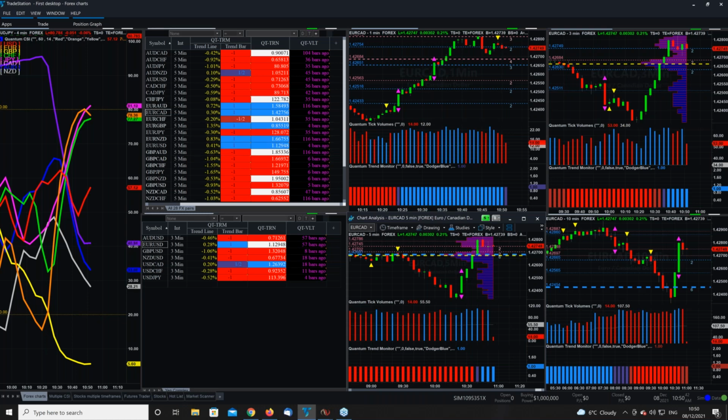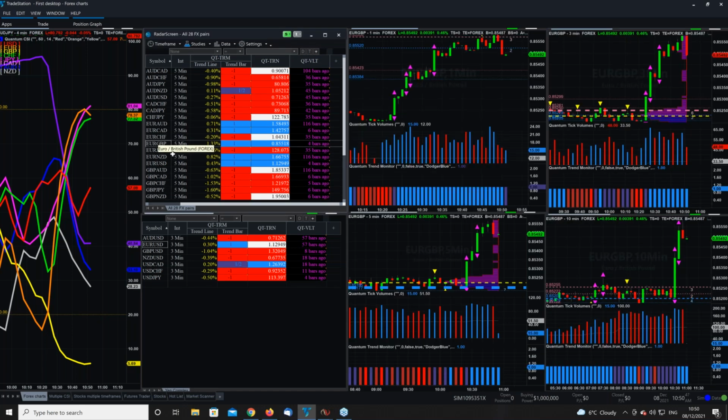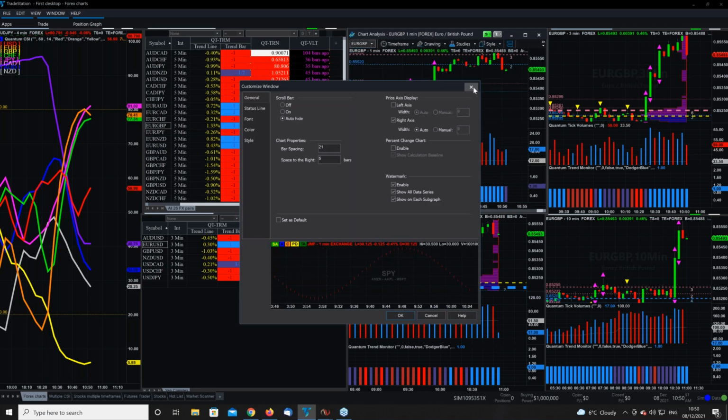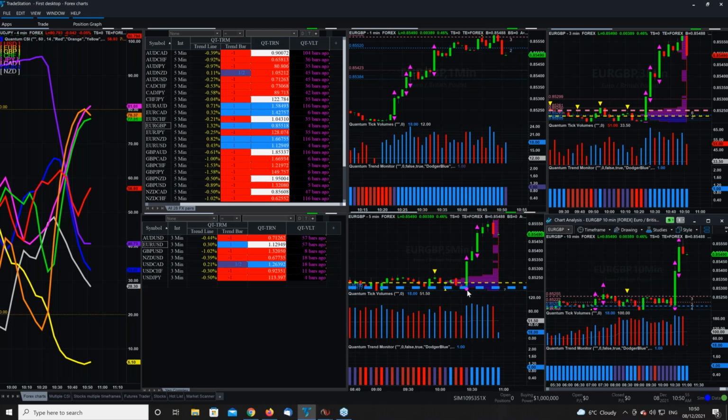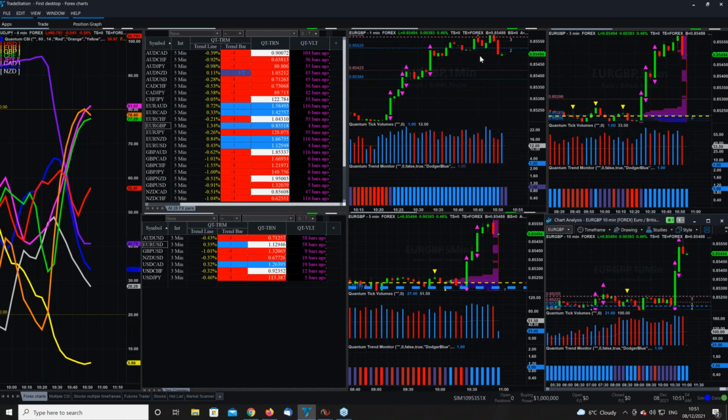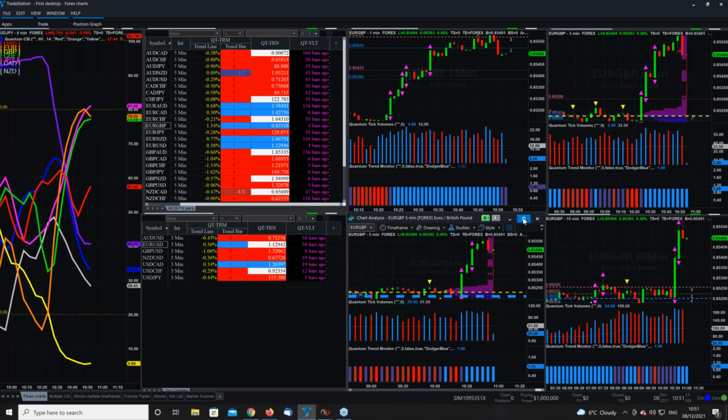Let's go and have a look at euro. Where are we? Euro pound. Saw how strongly that was rising. That just flicks up, gives you all the time frames. I've got 1, 3, oops, sorry about that. 1, 3, 5, and 10 over here. And again, it just gives you that visual information. You're starting to see the trend monitor's transition. We've got a lot of volatility as we move up on the 1 minute. Trend monitor's transitioned on 3. The trend monitor has transitioned on 5. Just pop that one up.